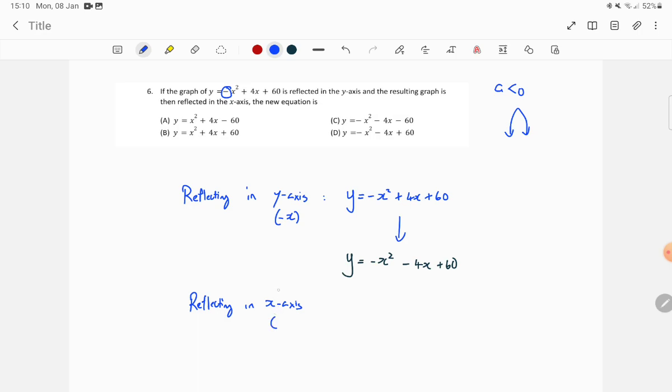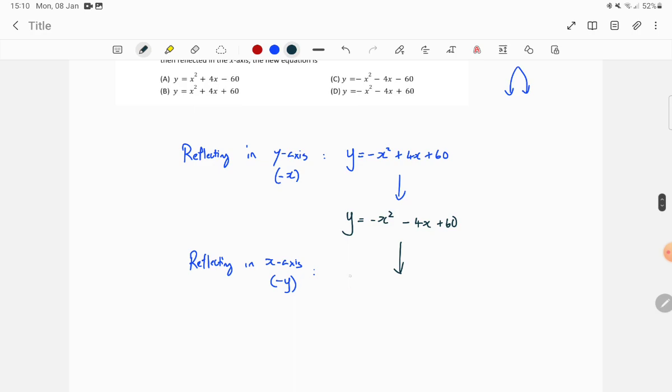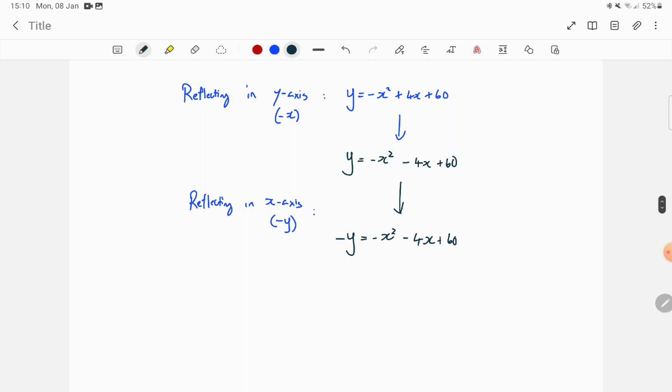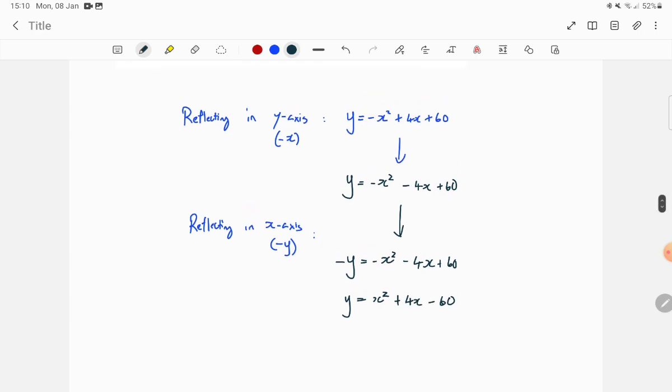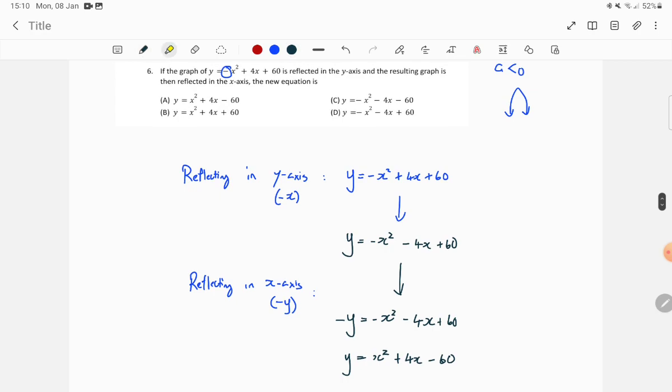now what we do is we make y negative, similarly to how we did with x previously. So here, if we just rewrite this, now when we reflect this one, it essentially becomes minus y equals minus x squared minus 4x plus 60. But now we do not want a negative y, so we're going to divide every single term by a negative sign. So now that becomes y equals x squared plus 4x minus 60. And which one of our options, and therefore that leads that our answer is option